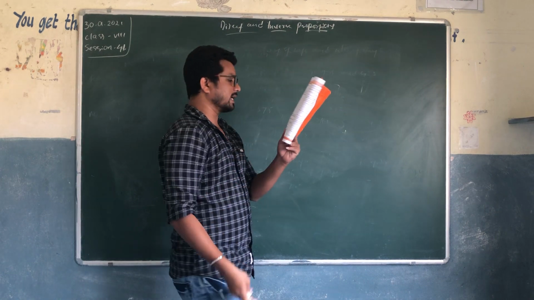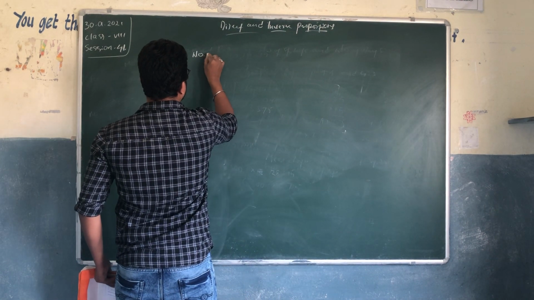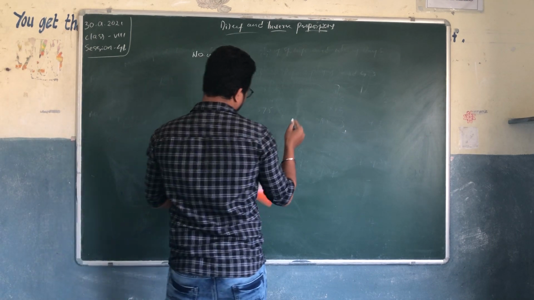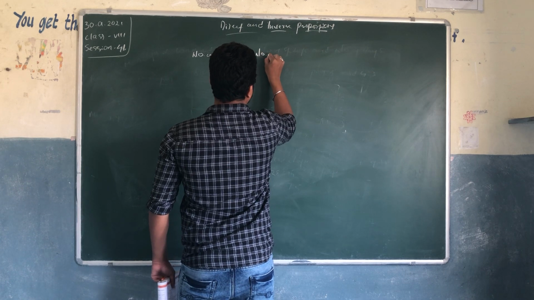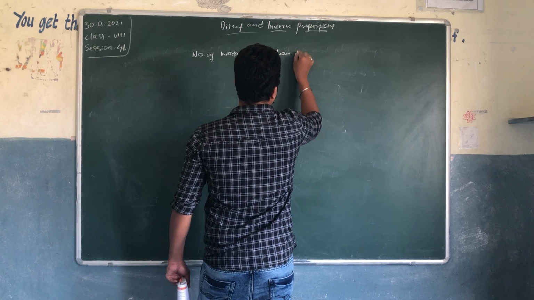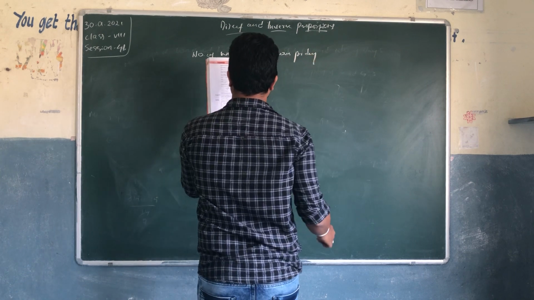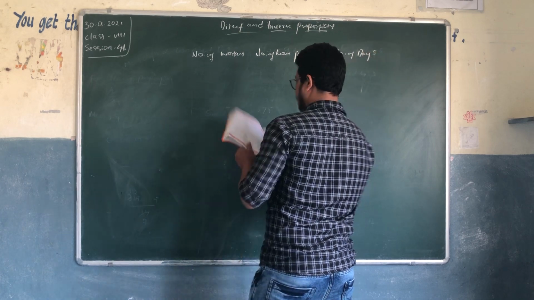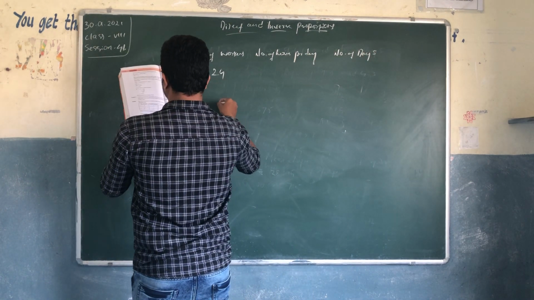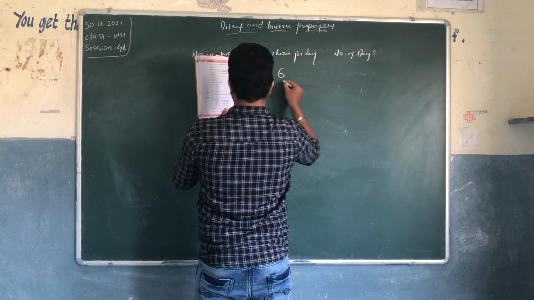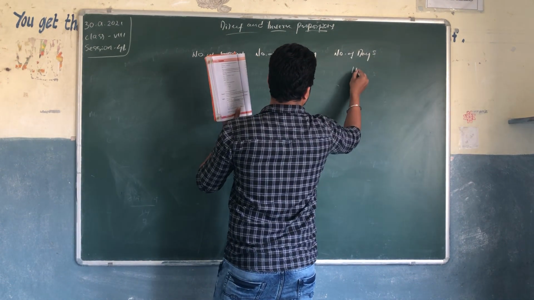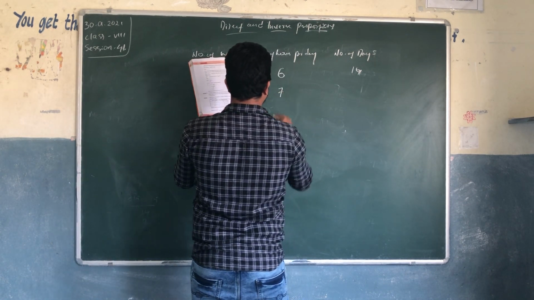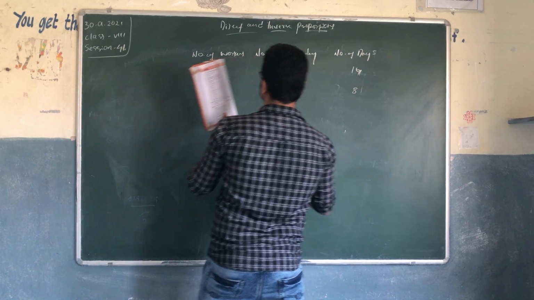24 workers, 6 days. Number of workers. Number of hours per day. Number of days. See, if 24 workers are working every day for 6 hours for 14 days. What is it saying? If they work for 7 hours per day and they work for 8 days, how many workers